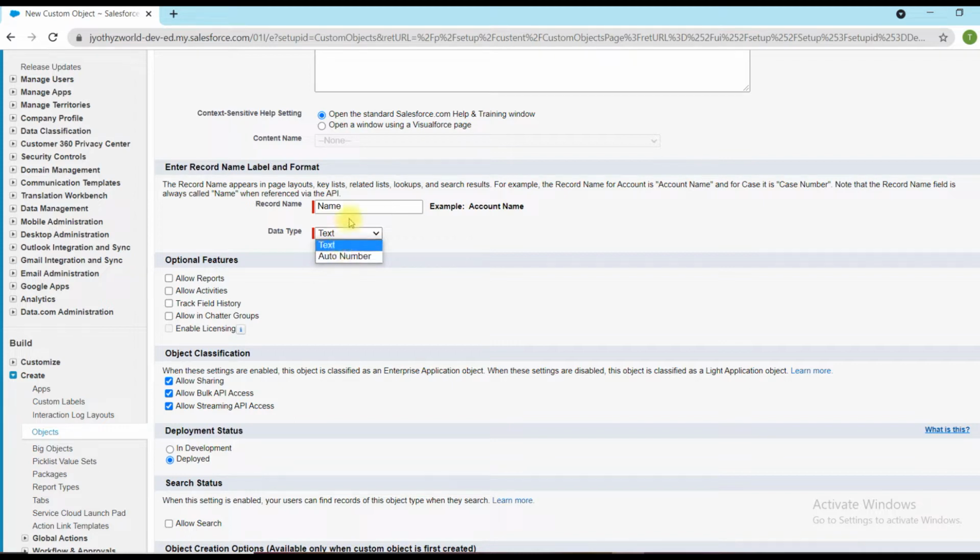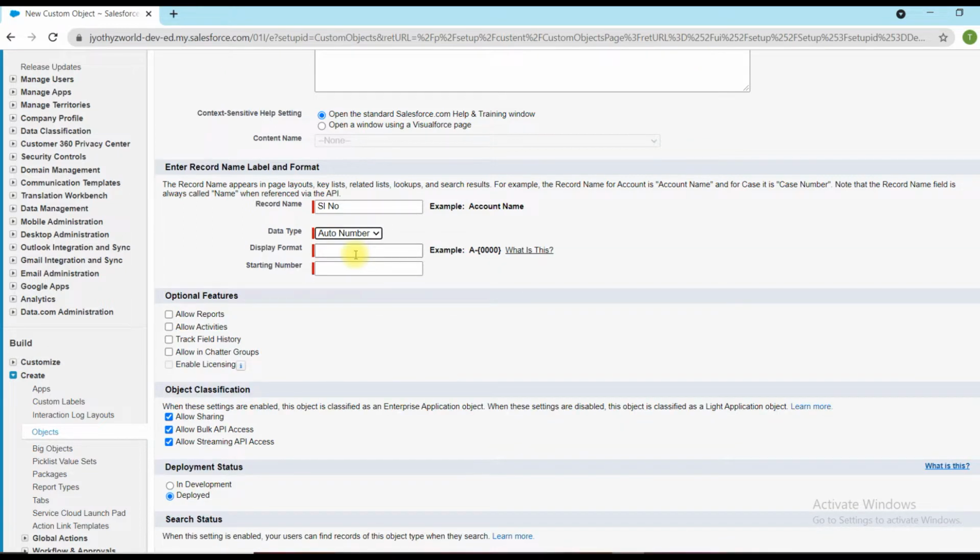For our purpose, if we are using the name as the record name, we can only provide text, because a teacher name will not be an auto number. Otherwise, if this is a serial number, we can consider auto number as the data type.